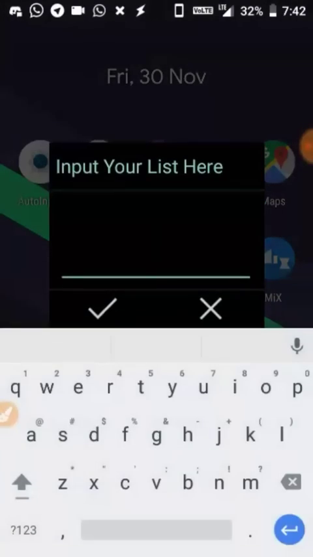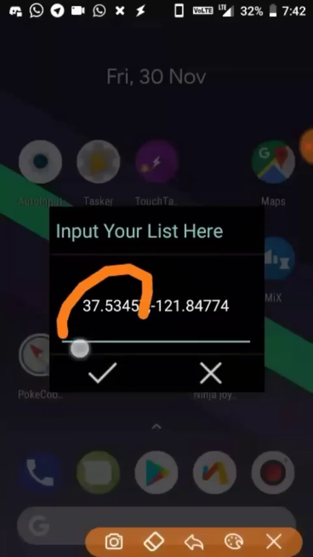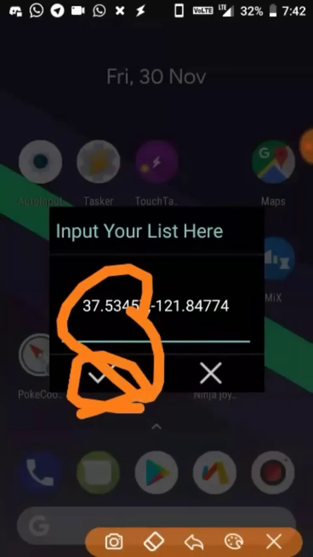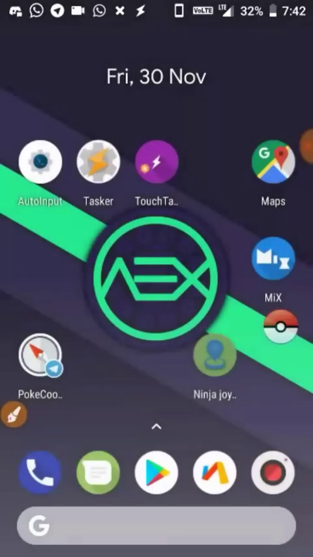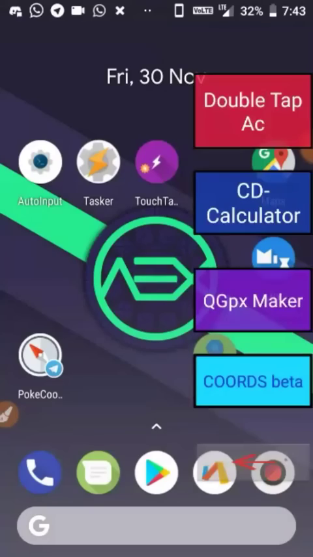This is the coordinates to GPX converter. Just paste a list of the coordinates and it will convert that into GPX. You can see my previous video on how to make the coordinates into GPX. That is the extension